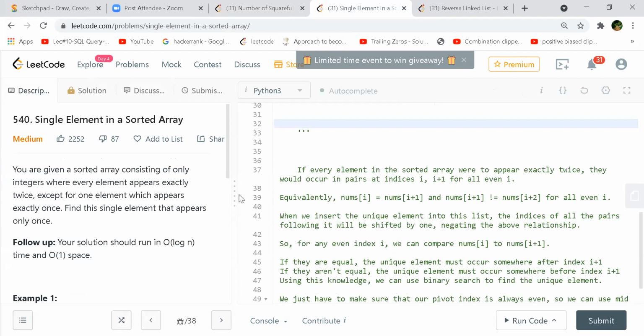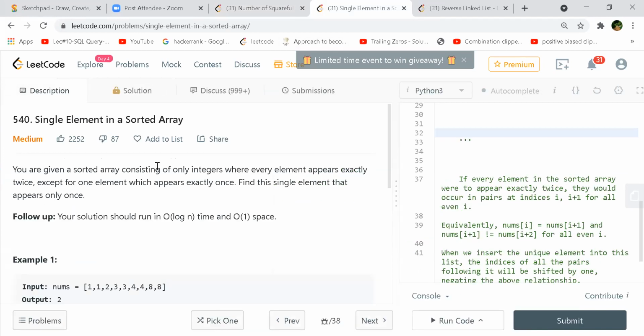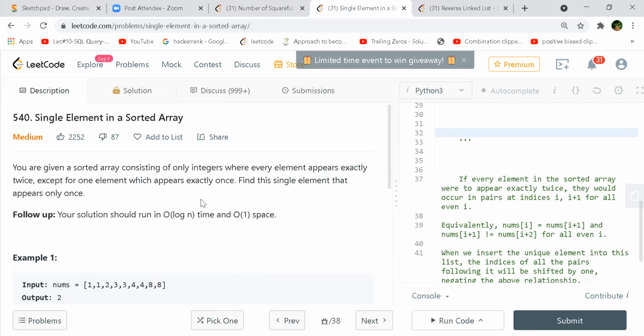Next problem. Yeah. So this is like single element in a sorted array. We are given a sorted array consisting of only numbers where every element appears exactly twice except for one, which appears exactly once. We have to find the single element. And the follow up is like,